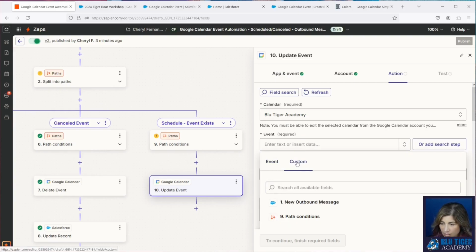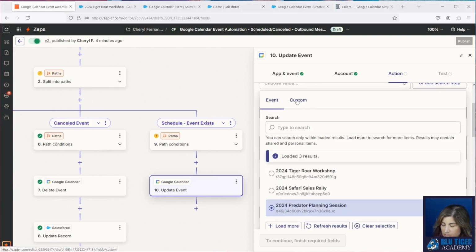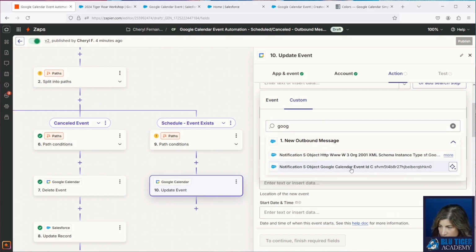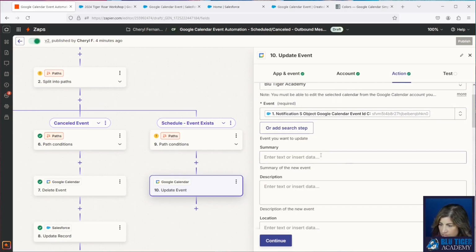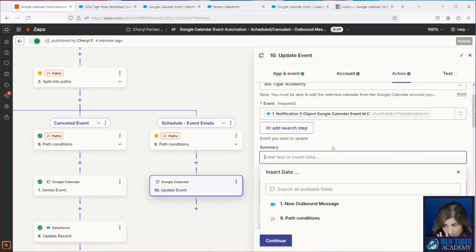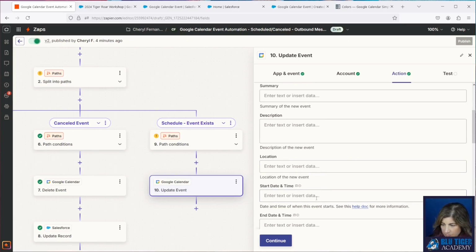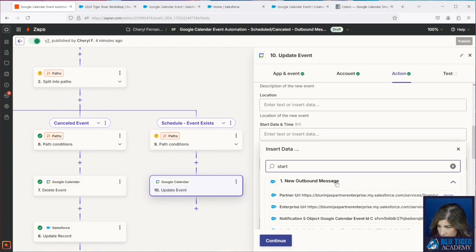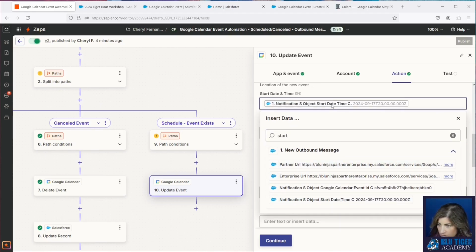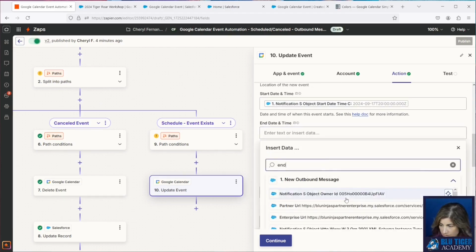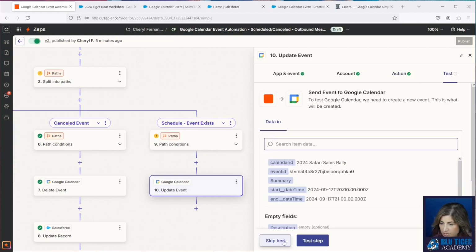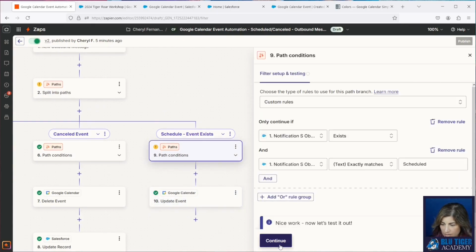The event that we want to update is in the custom tab here, and the ID is in our Google Calendar event ID field right there. And you can map the name if you want to. We don't have anything firing on name changes. You would need to update your flow for that. But the start date and start time we do. So let's go ahead and put those in. And that's the only thing we want to update here. Okay, and let's make this happy so that we can publish it.